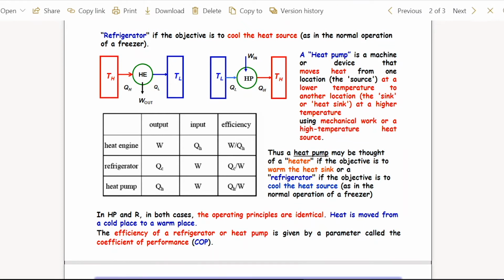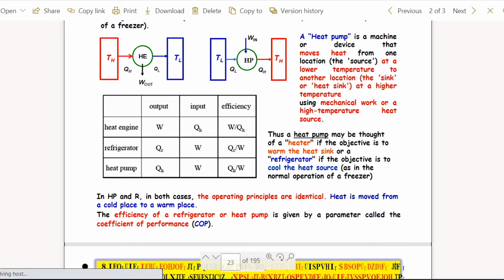So based on that you can have this table of how to find out the efficiency. Heat pump and heat refrigerator, the diagram is going to be the same. Only the heat engine is slightly different. You see the arrow of the work is going to be different, and so is the direction